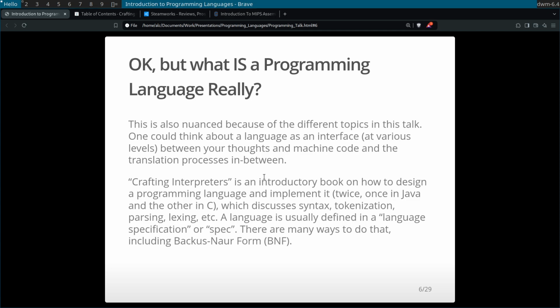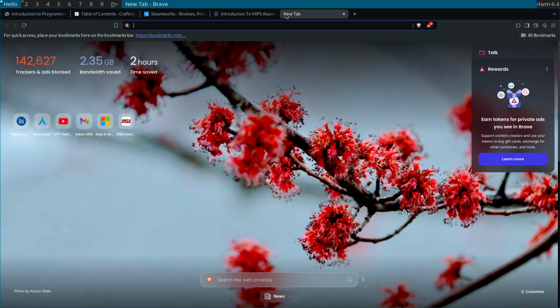What makes a language specifically, like how you type it and all of that, has to do with the language spec. So usually these are written out and you can read them online. So that could be the documentation that specifically tells you what every single thing in the language does. So this could be the data types, this could be special built-in functions, so on and so forth. And many times this is written in BNF, or Backus-Naur form. So let me actually just show you what that looks like.